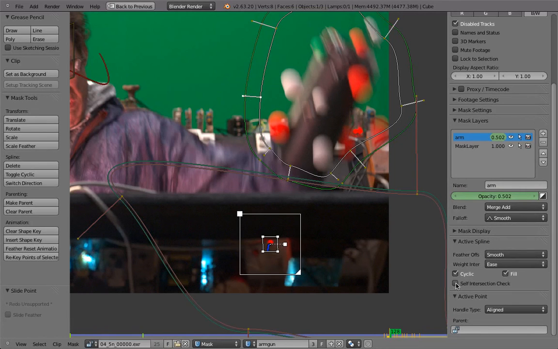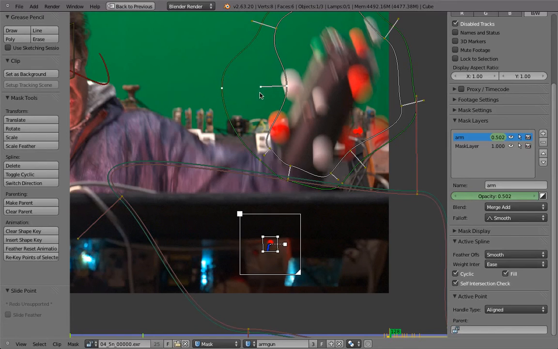You can also use a self-intersection check if you are in even. So if I now do this, it will sort of collapse into itself. So this is also a way to get rid of these self-intersecting problems. So there are in fact some ways to control the feathering, especially if you have different feather offsets. So this is of course not so nice, but if you set this to smooth, so this is behaving now